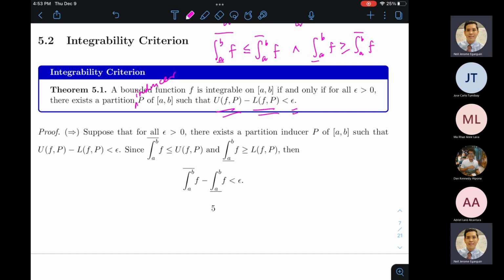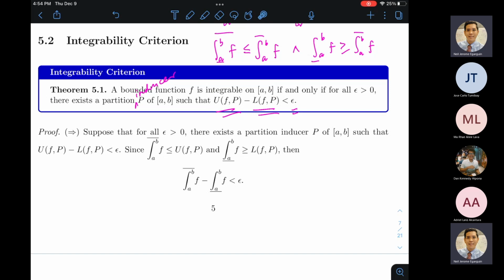Now, it is like your limit definition. There is a challenge. The challenge is an epsilon greater than 0. Usually, we are looking for smaller and smaller epsilons, all right? And the response, or the challenge for us, is to find a partition P so that the upper Riemann sum minus the lower Riemann sum is less than epsilon, right?